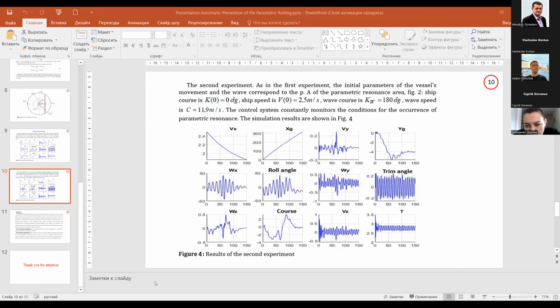After this time, the increase in oscillation amplitude stops, and starting from time 100 seconds, the oscillation amplitude in the roll channel sharply decreases to the value of forced oscillation, which indicates exit from the parametric resonance area. Analysis of the given result shows that the control system allows automatic calculation of the safe parameters of the vessel movement and supports them when the phase point is deriving from the parametric resonance area. End result.